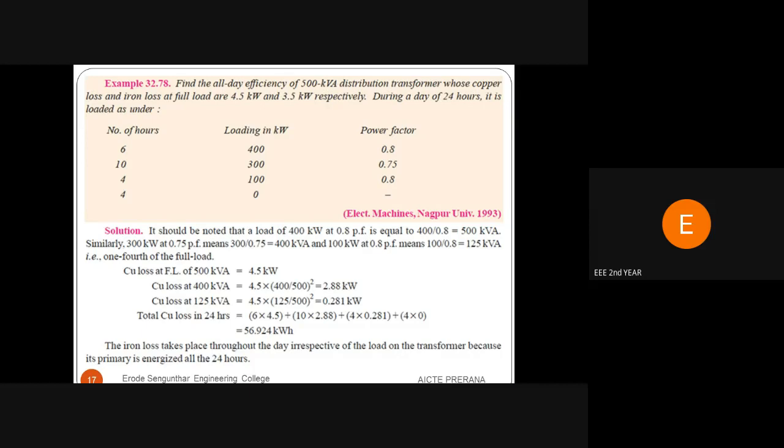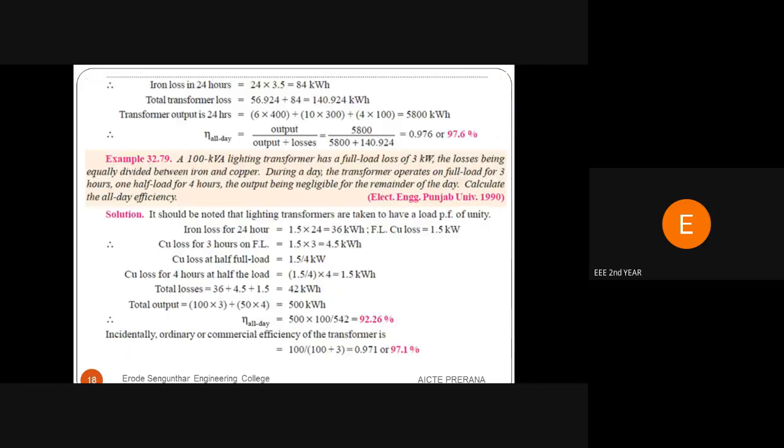That is, the secondary winding is kept open, in unloaded condition. There is no load connected across the secondary winding of the distribution transformer. Okay. So based on these hours, we have to determine the efficiency value, the all day efficiency. That is determined for the 24 hours: output power in 24 hours divided by input power in 24 hours.